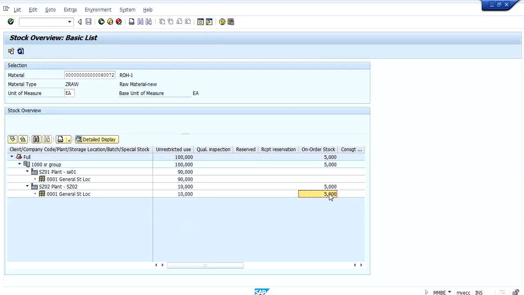So now there is an on order stock which we can see here. This on order stock is for SZ02 because SZ02 has created a purchase order to SZ01.